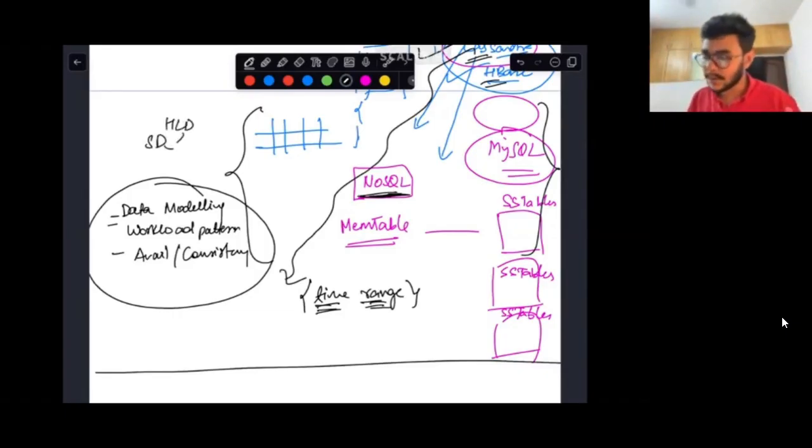For example, if you want to choose a highly available database, MySQL databases happen to be very highly available, right? Because you have masters and slaves, and immediately you can promote a slave to become a master. So it's a highly available database, but it is not going to be consistent because there is replication happening from your master all the way to your slave, right?